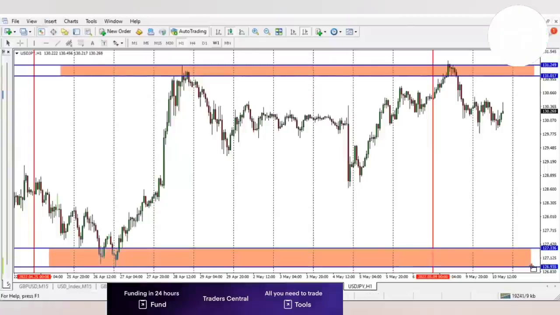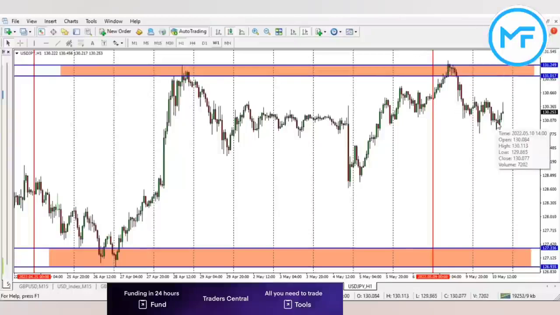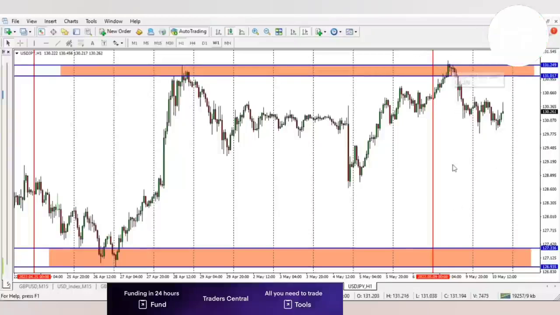You understand? Yes. Which means if you are selling on Monday, this will be the best place to sell. You understand? Yes. This supply zone. If you are buying, this is the best place to buy. You understand? Yes. So after you have done this, you now want to have what is called the MMC